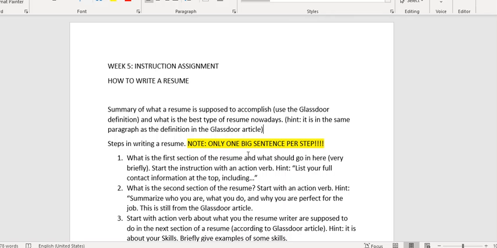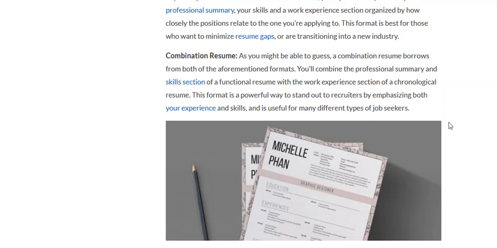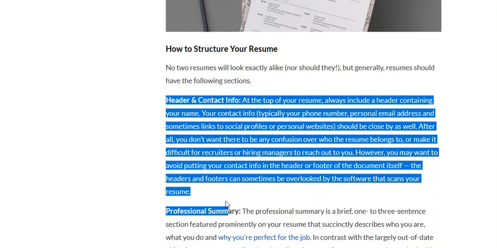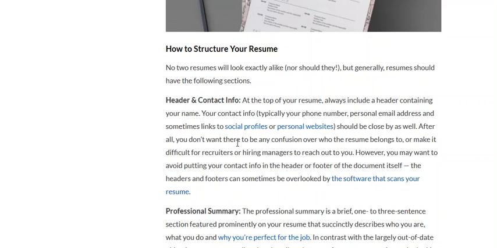Again, where do you get this information? You go to that website, to that section. The first step is how to structure your resume: header and contact information. So your first step is going to come from this paragraph here. You're supposed to just read the paragraph there, and from it extract the most important sentence, the one that basically represents the most important thing you're supposed to do in that first step,